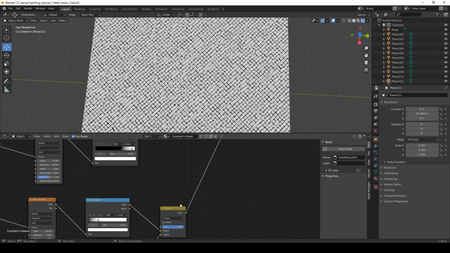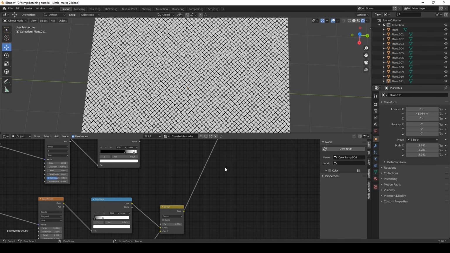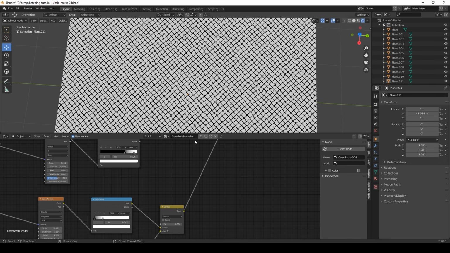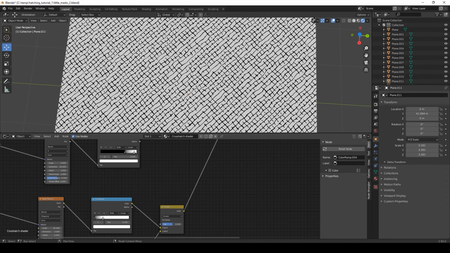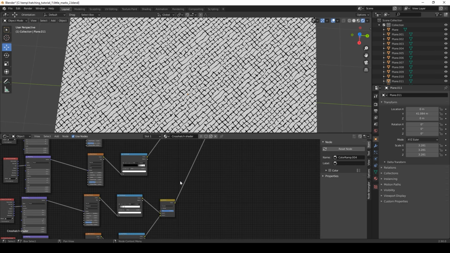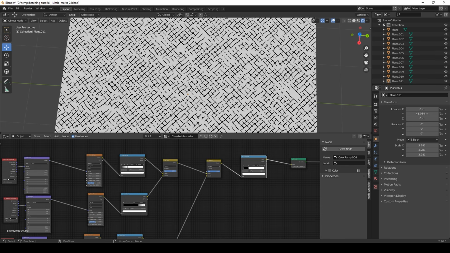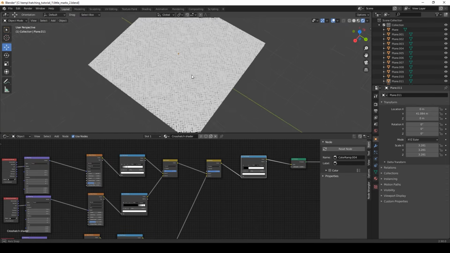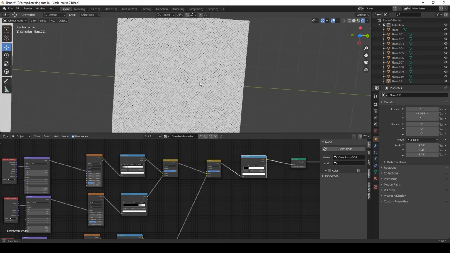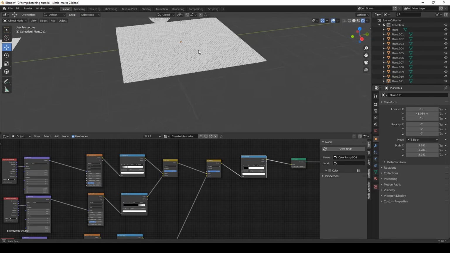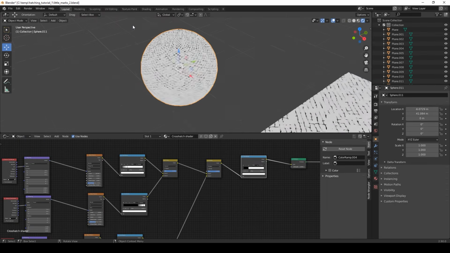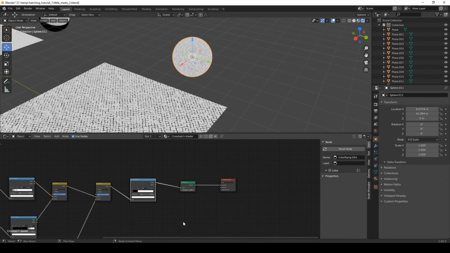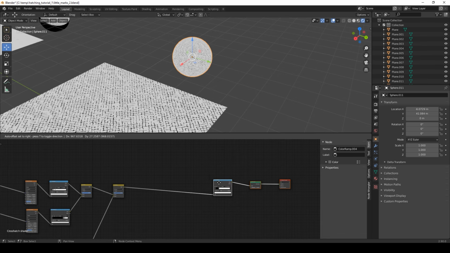If we turn off the distortion, it just creates this very boring pattern that doesn't look hand sketched at all. So that's why I use the second wave texture to create something that looks totally irregular. And I think it works really well. So let's have a look on our sphere. Yeah, that looks right. And now we're also going to turn this into a shader